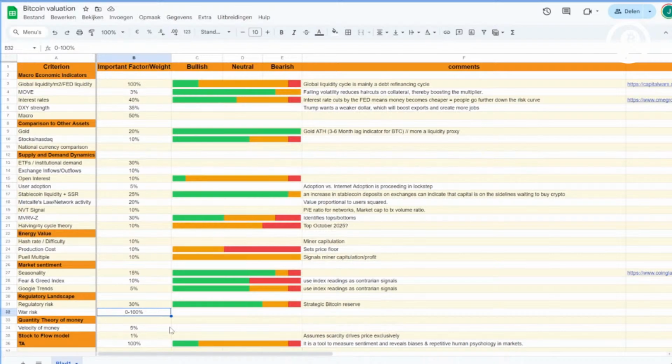So now, George, I just want your input. As you see, I always do bullish, neutral, or bearish. So what do you think? What should I give TA? I leave this up to you. Where are we at the moment? You can give a percentage for bullish, a percentage for neutral, and a percentage for bearish.